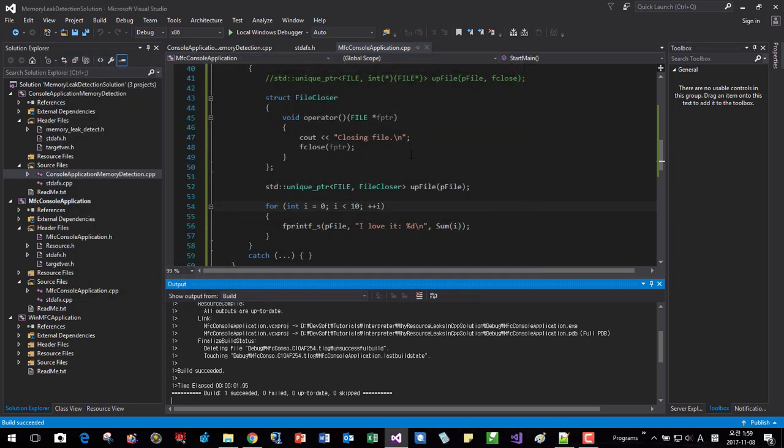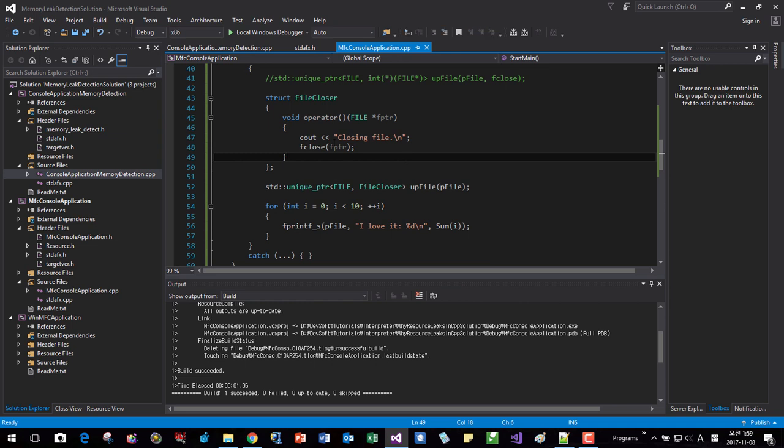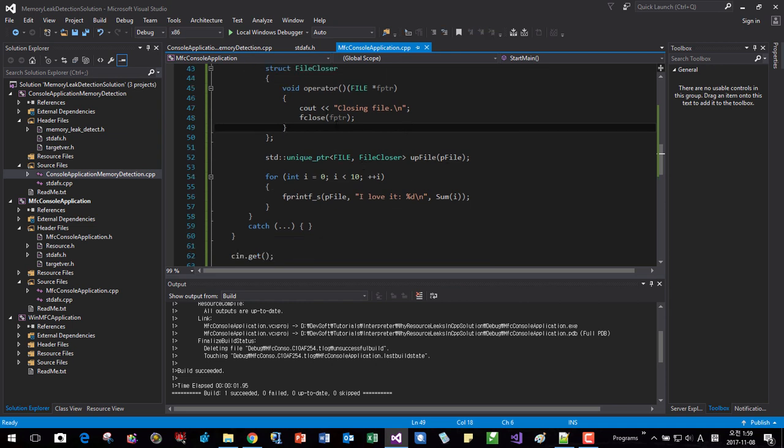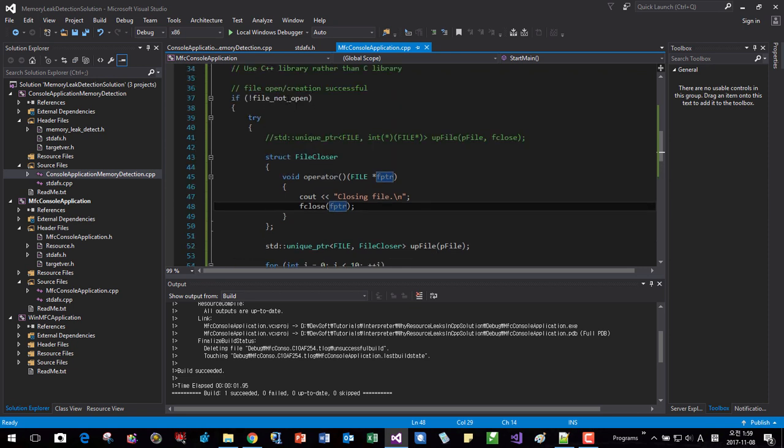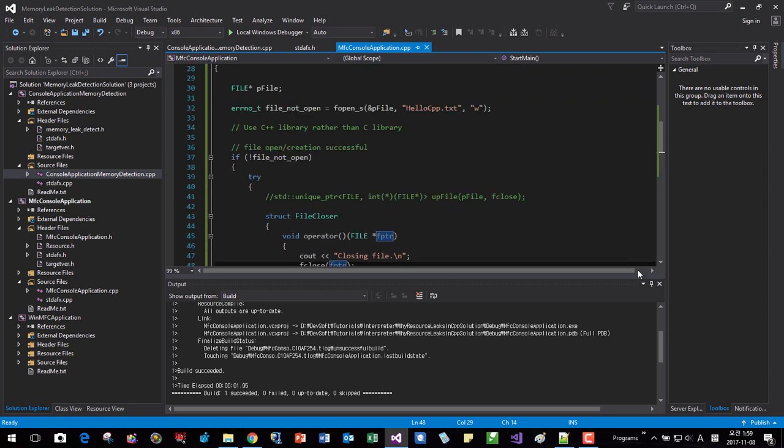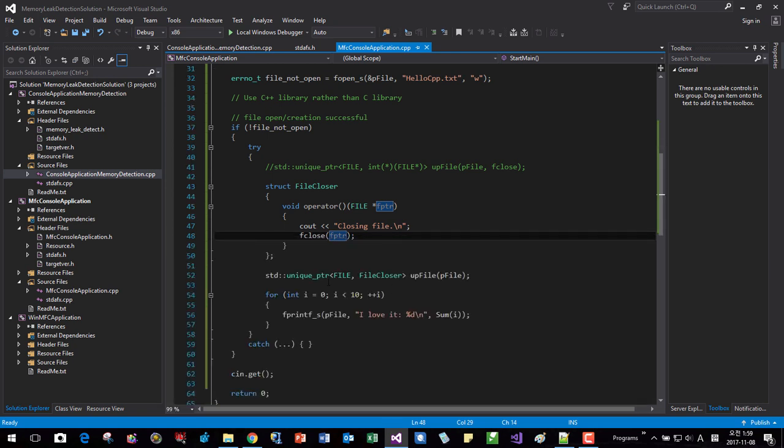Then the program ends. This way we can close our file, like a file pointer, automatically here. Another way of doing the same thing is using, how do I say,